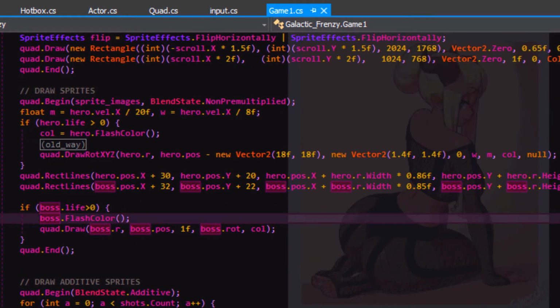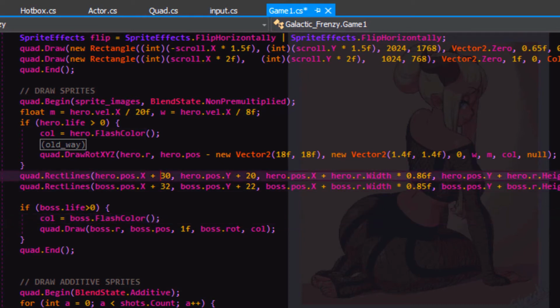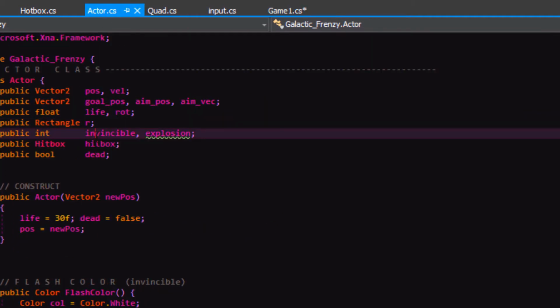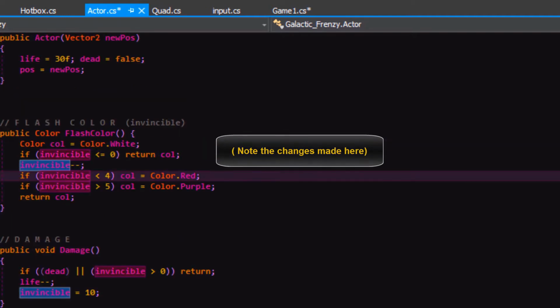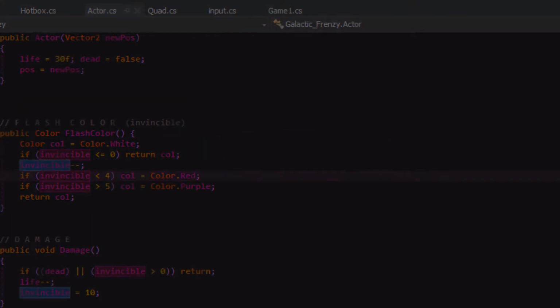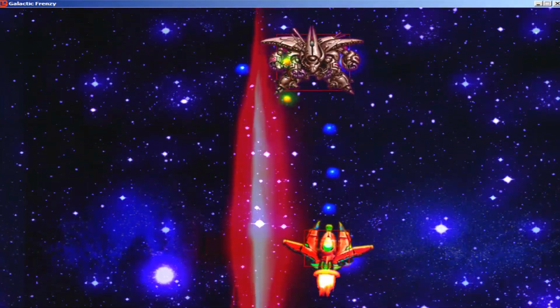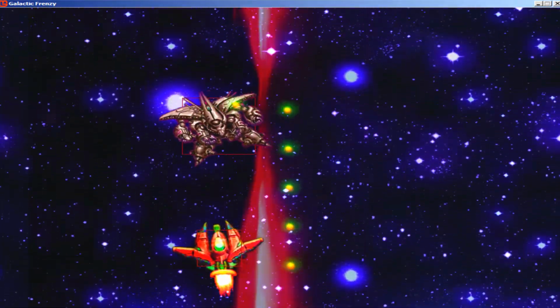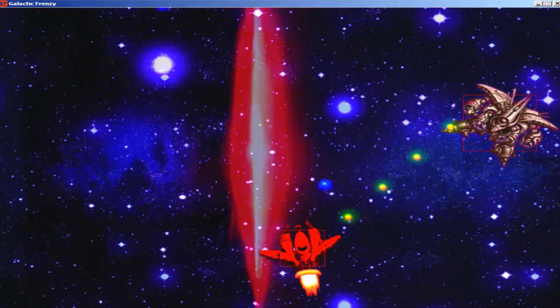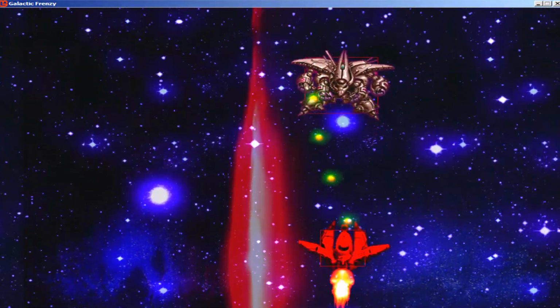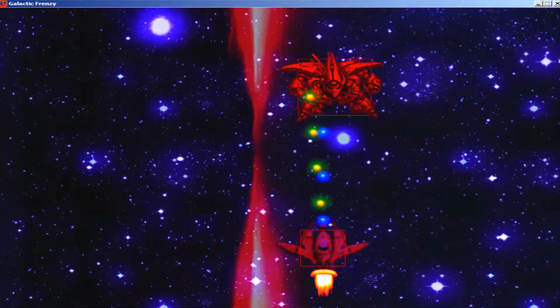Okay. Oh, I just realized we got a major bug in our draw method. If we come down here, I'm just using this method without assigning the color to it. Color is equal to boss.flashColor. Otherwise, it's going to be borrowing from whatever color was calculated here. Okay, so I can go back into Actor. I'll put this Invincible back to 10. I'll leave that as it is for now. See how that works so far. Yeah, it works good. So it should stop drawing them as soon as one of these are defeated.